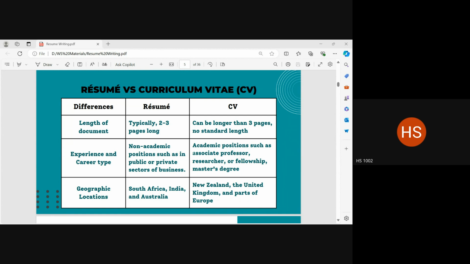Yes, ma'am. Clear. Okay. Another question, ma'am. Currently, companies are applying the ATS system, and along with that they are also applying an AI system. Every human resource manager has an AI system to filter all the resumes.